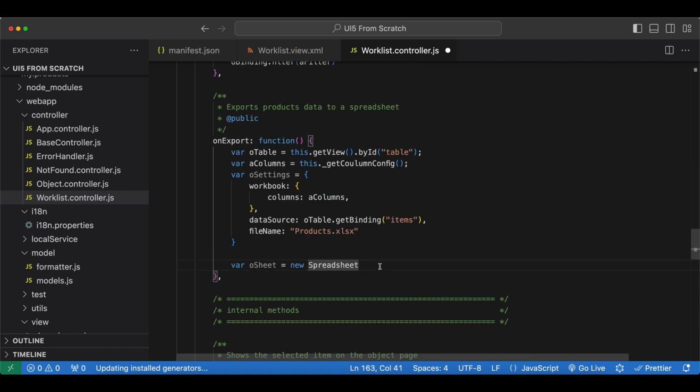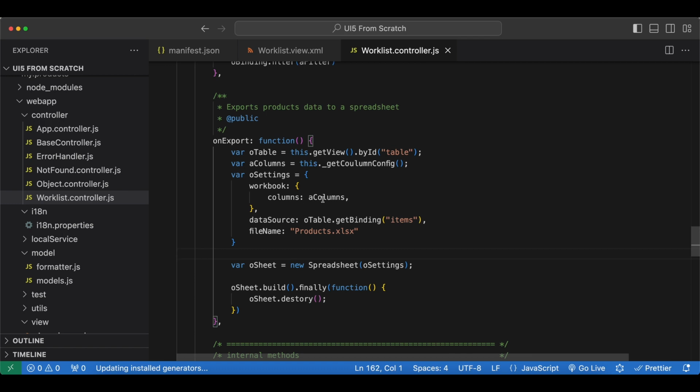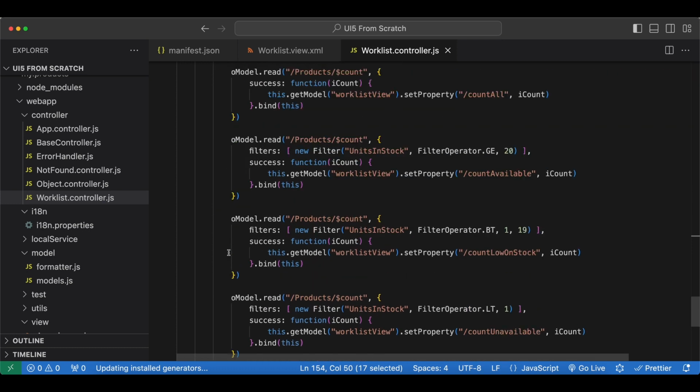And here for the constructor we just pass in our settings object, and what we do is we call .build on our spreadsheet, and then we say .finally. Once we are done with it, we will just destroy it. So here we say oSheet.destroy,